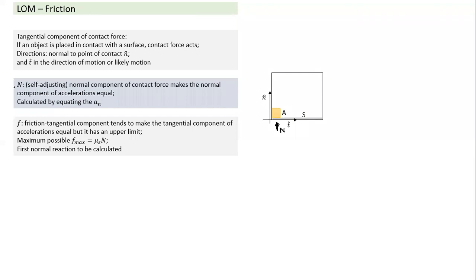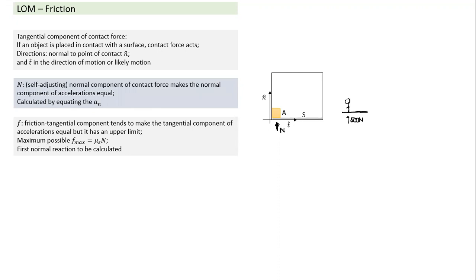But unlike normal force, see, if a 50 kg person stands on the ground, normal reaction becomes equal to 500 Newton. And even if you bring a road roller also, it will increase. So normal reaction normally doesn't have an upper limit. It can increase to any extent. But in case of friction, though it tries to make the accelerations equal, which also can be stated in a different way: if the surface has zero acceleration, it tends to make the acceleration of A also zero. But it has an upper limit here.